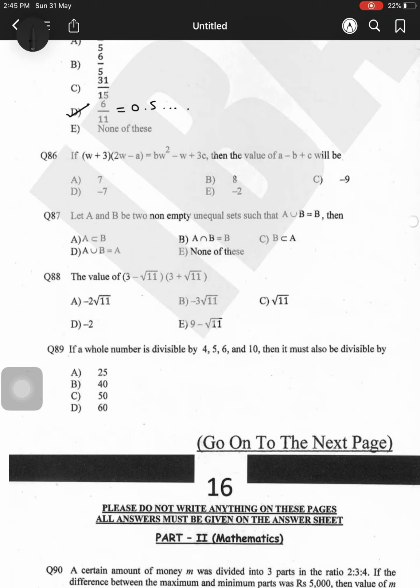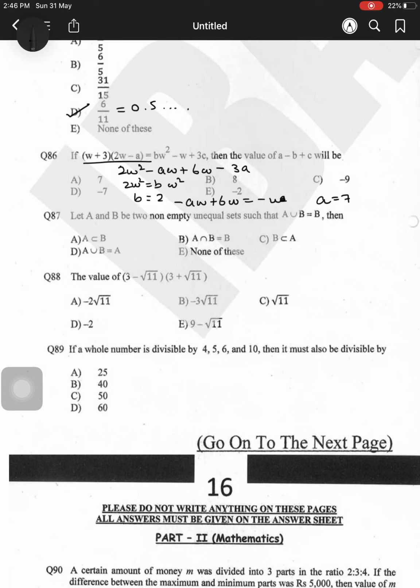In this next question, he says, all we're supposed to do is multiply this part and form it into an equation. 2w square minus aw plus 6w minus 3a, and then compare it. 2w square is equal to bw square. So b is going to be 2. Minus aw plus 6w is equal to minus w, which is going to give us